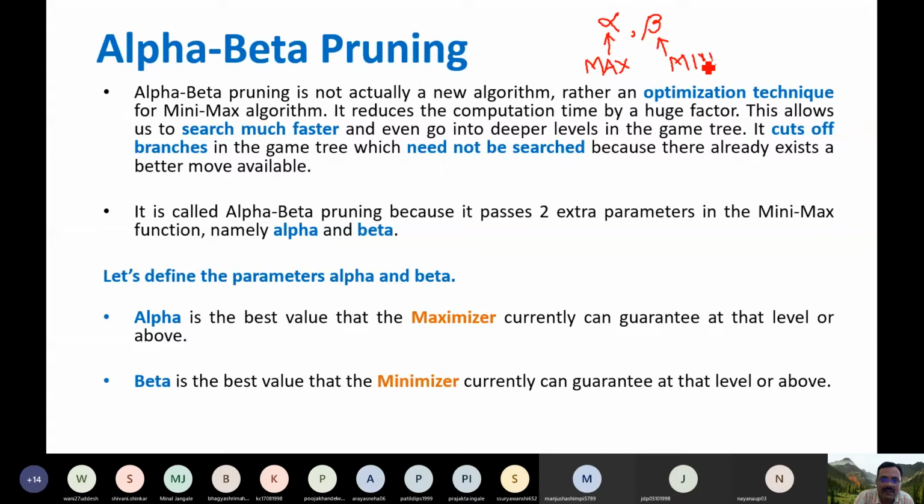And beta is modified by the minimizer. Always remember this. Beta is the maximum score that player max can hope to obtain against a sensible opponent. So in other words, we can say that beta is the maximum that the minimizer has to give.